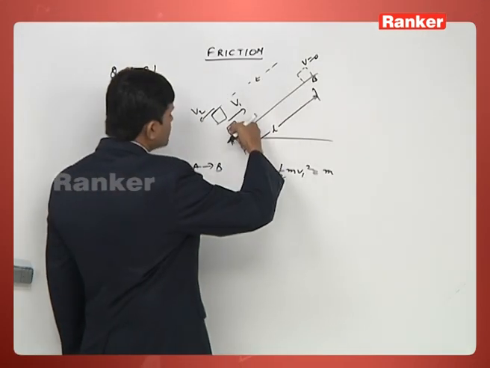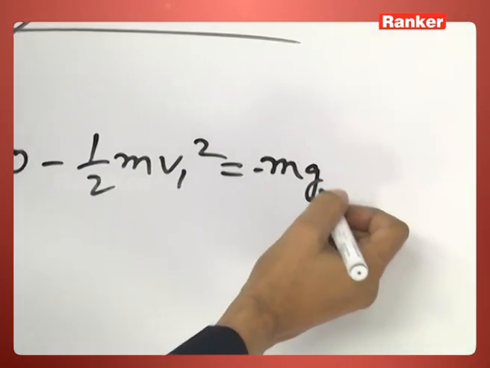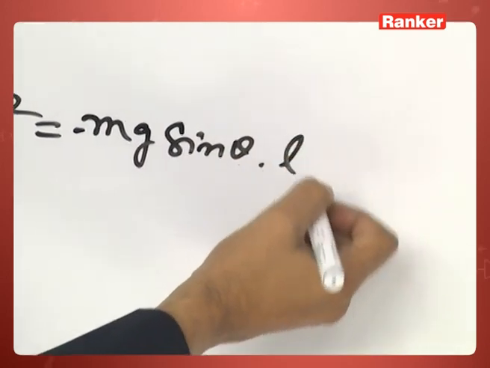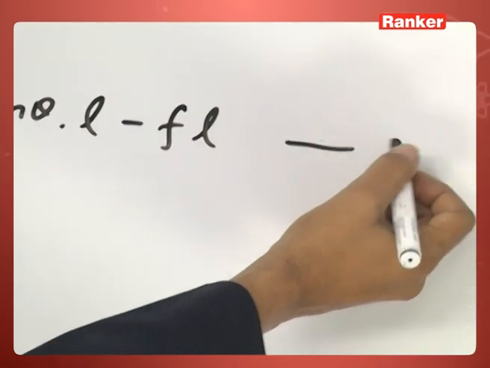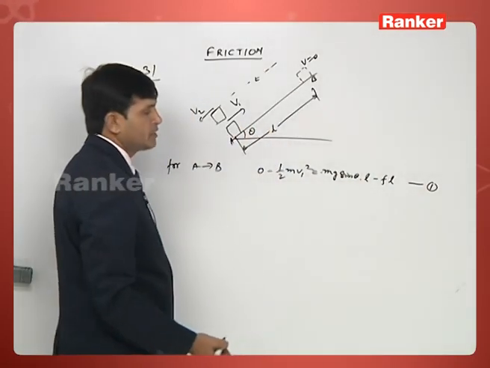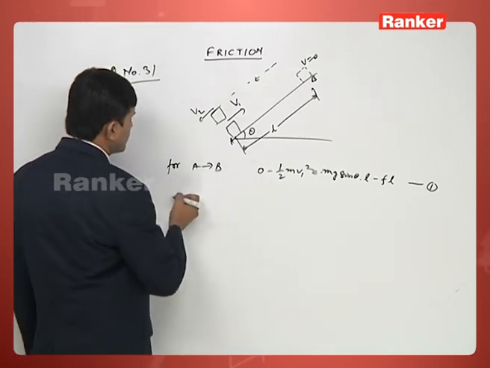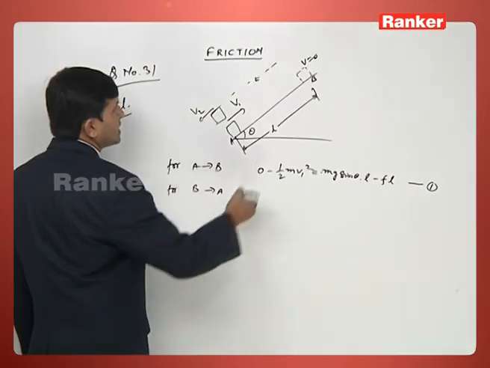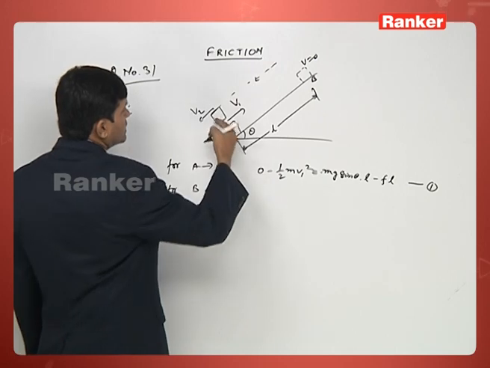So those forces are downward, but the body is moving upward. So minus mg sin theta into L minus F into L. This is let's say your first equation. Now when it is coming down, for B to A again, when it is coming down, so here velocity V2,